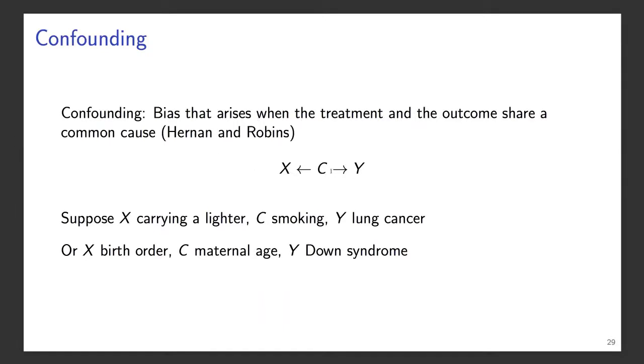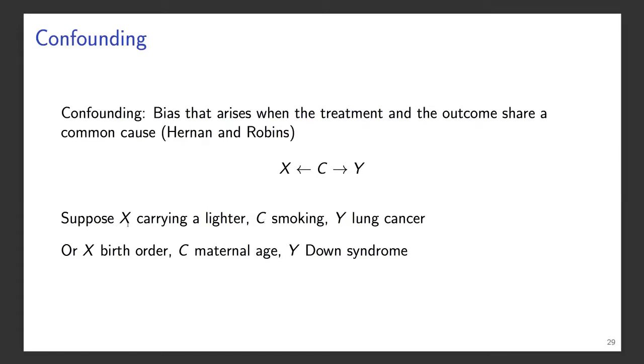I don't have the time to go into these directed acyclic graphs or DAGs, but I've included a few here because I think even if you don't understand the finer points, they can provide intuition. So this confounding is described by this graph where we've got this common cause C, which is having an effect on X and on Y. And because of that, it induces an association between X and Y in our data, which is not necessarily causal.